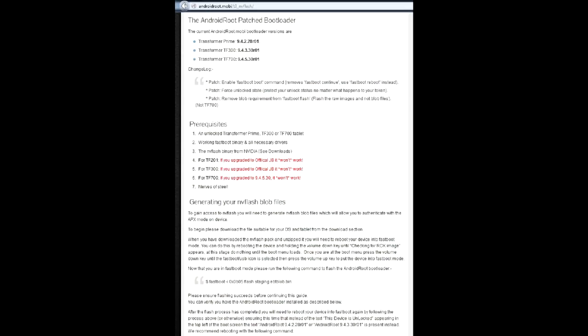Let's try to install Nvflash on an Asus Transformer Pad. Nvflash is a special bootloader which protects that very bootloader from firmware flash accidents which may turn your tablet to a brick. A brick is a situation when you can't restore your device anymore, essentially turning your pad to an